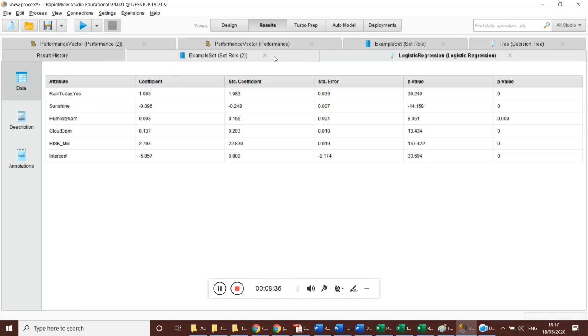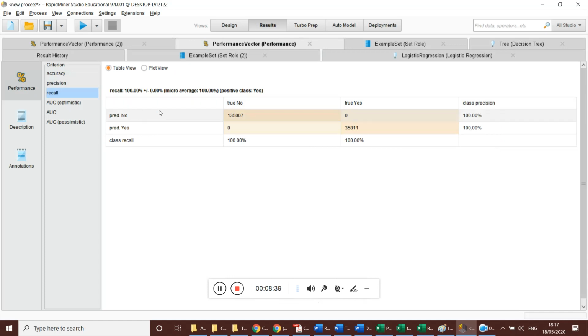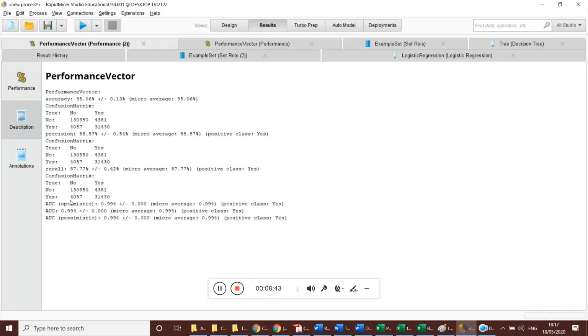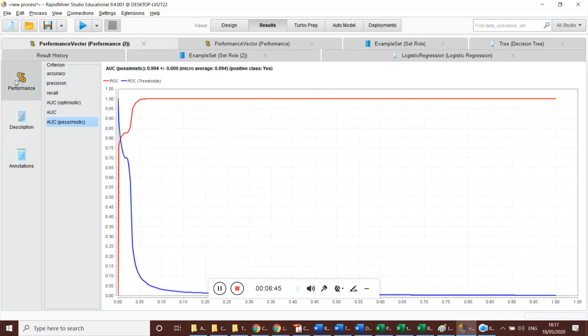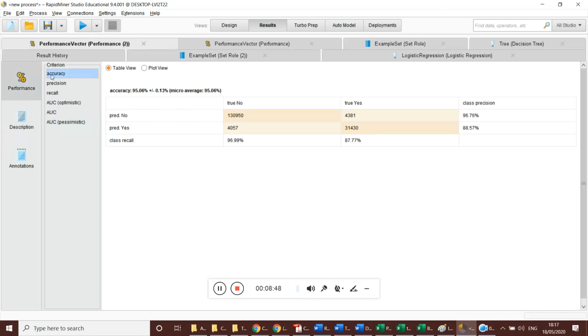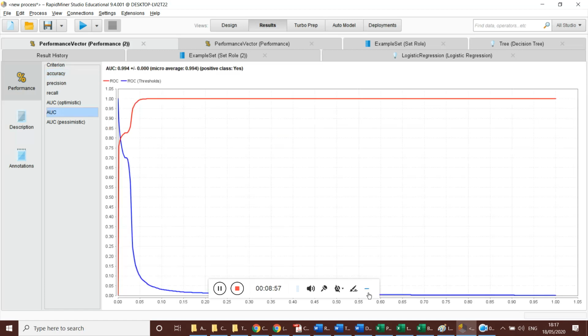Now let us see logistic regression. For this also we got very good values. The thing is that its values are low. Performance, check this, their accuracy is 95.06. Okay, we can also discuss by plotting these graphs. You can use this graph to explain how ROC threshold and ROC, they both can be compared with each other.